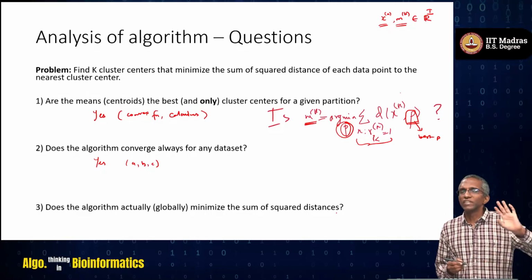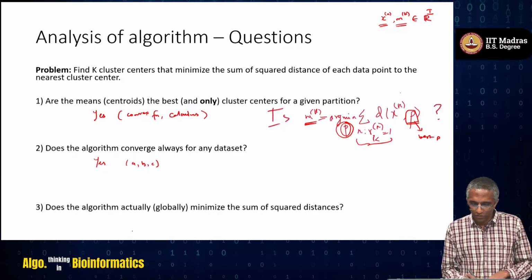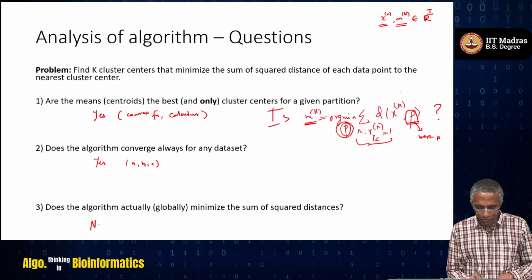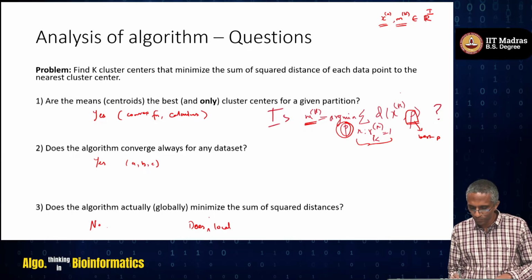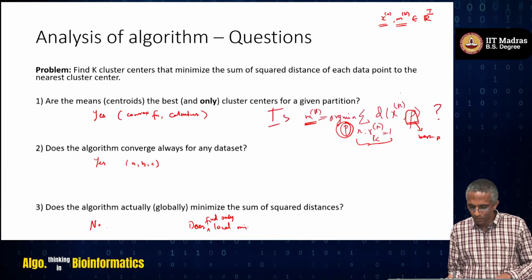It all depends on the initial starting point, okay. So it doesn't do the global minimization, it only does local minima, okay. Local minima near your starting point, your initialization point,